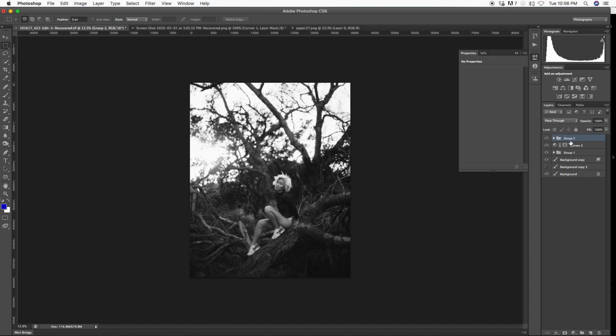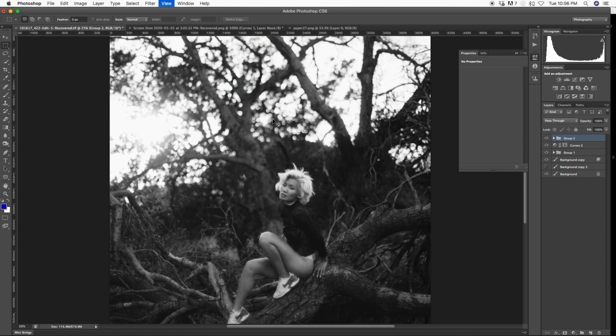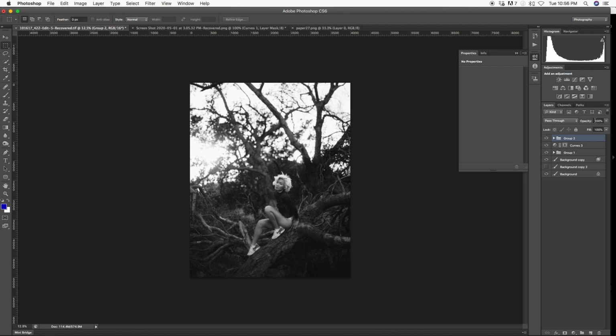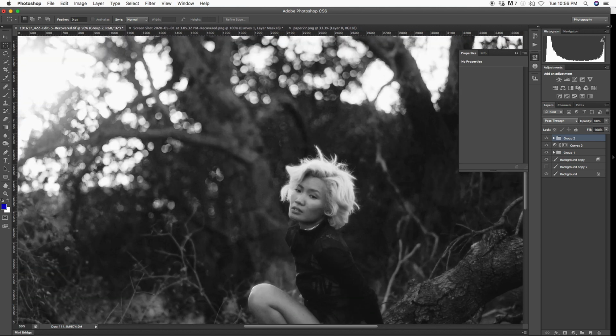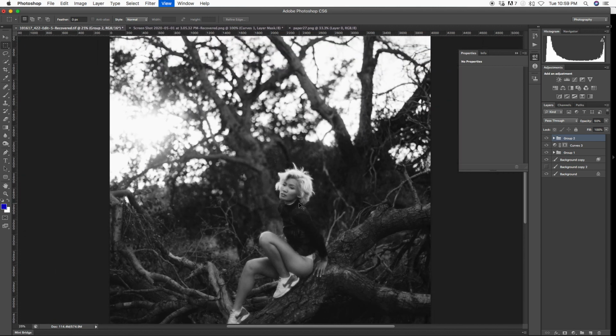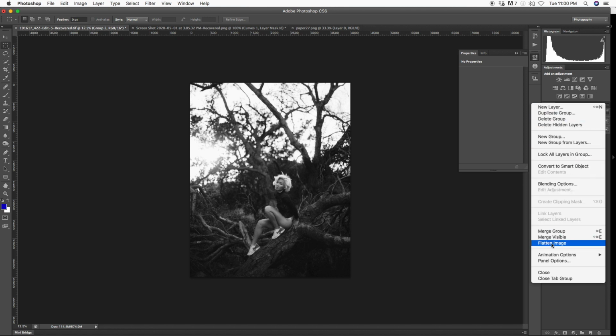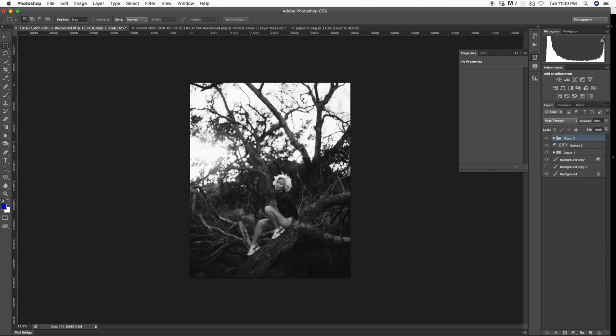And I do it this way because when I add texture to color photos, I don't want the entire photograph to be black and white. Okay, so one of the things about this particular texture that I'm using is that when I add it at 100%, you see how it lifted up those dark sections there, and I don't really want that. And also it's too much texture. So I'm going to go from 100 down to 50%. That's typically my starting point, is 50%. And then this is our edit for today. At this point, I'm just going to flatten the image, okay, and